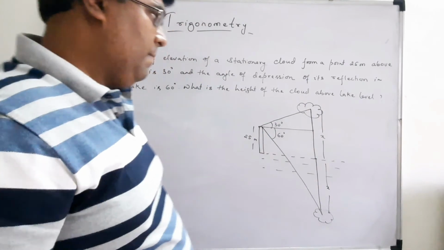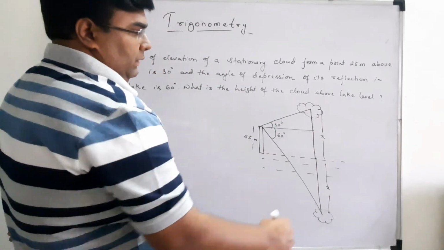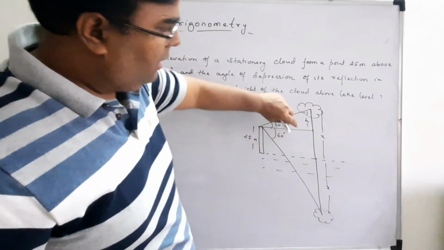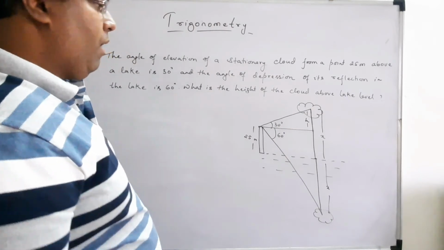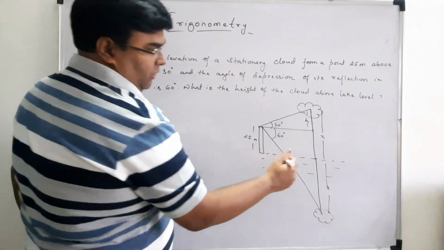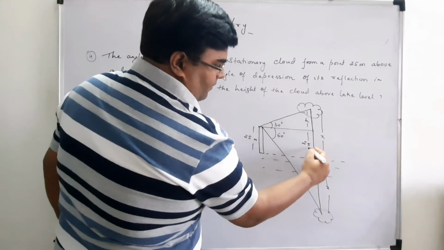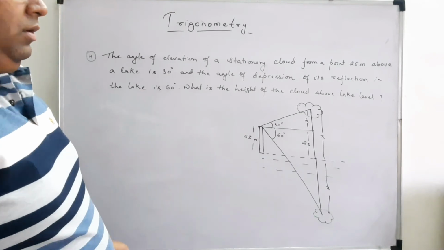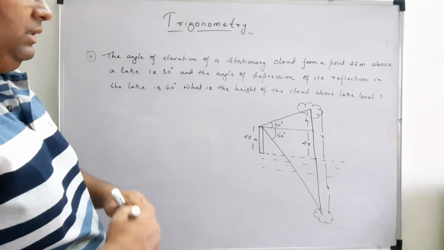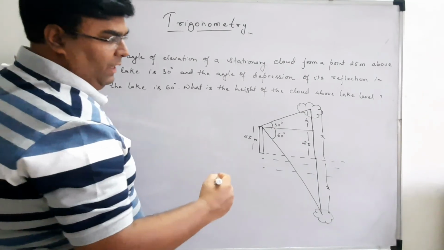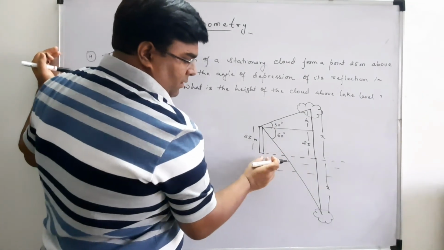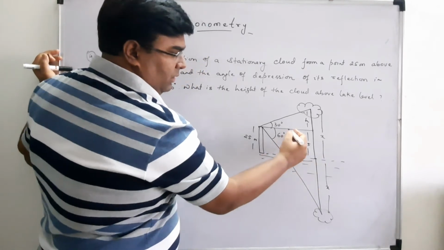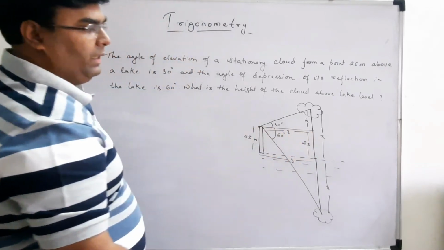We need to find x only. Okay, so let us take this height, this much height as h. Okay, so this is 25, so this is also 25 by law of rectangle thing. Okay, now we can apply our trigonometric ratio here. One more thing we can do, we can take the distance between our pole and this point, write it like y, this will also be y, correct?